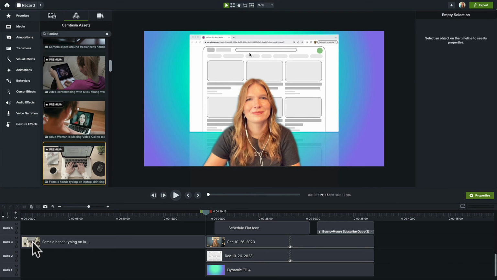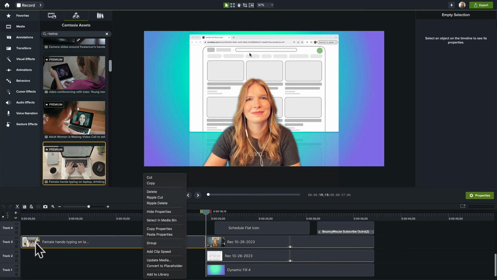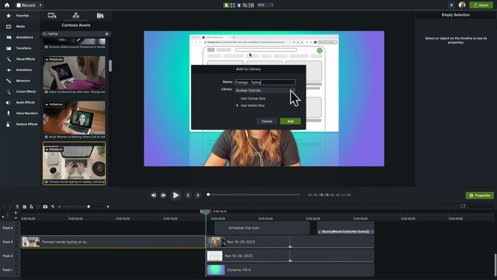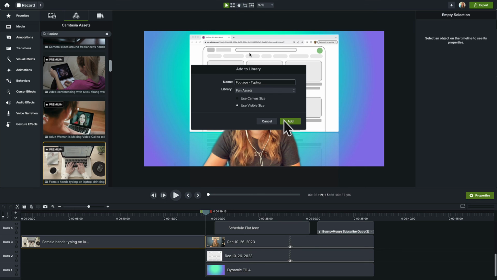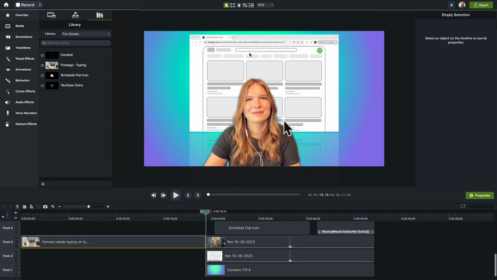To save an asset to use in future projects, right-click on the asset on the timeline and select Add to Library. Choose the library you'd like to save it to and click Add. When you want to use it again, go to the Library tab and drag it to your